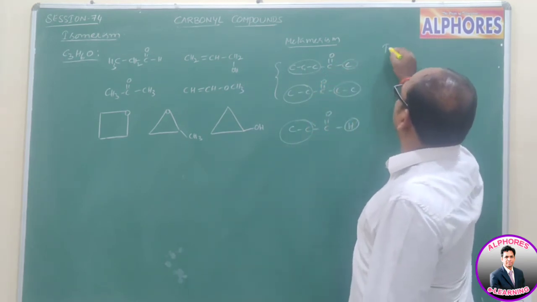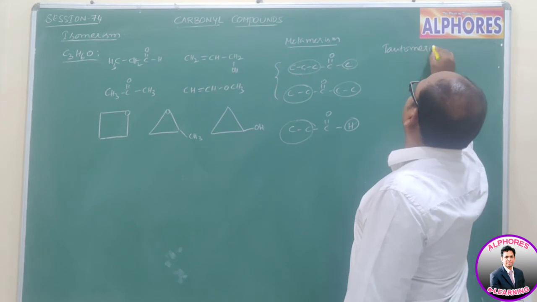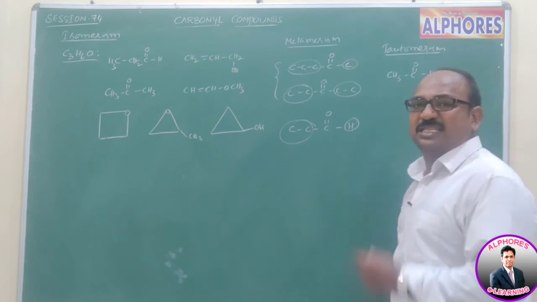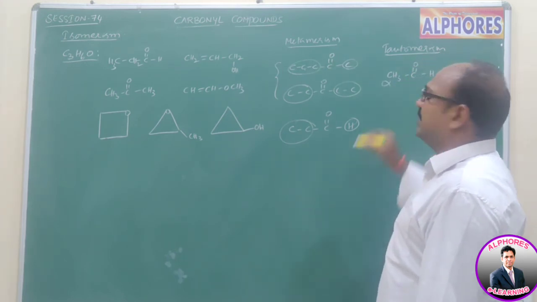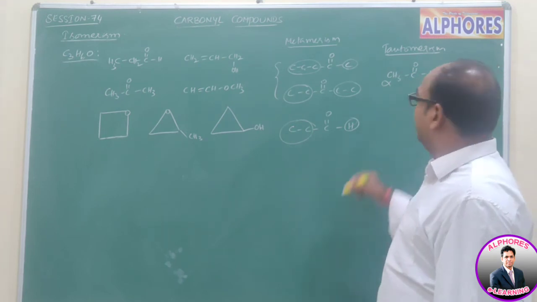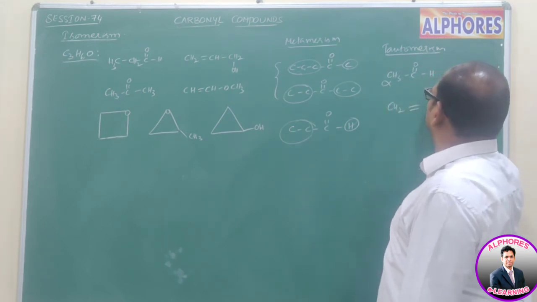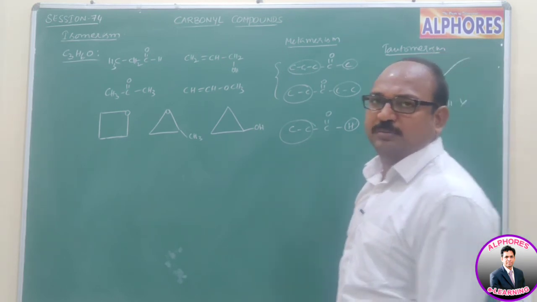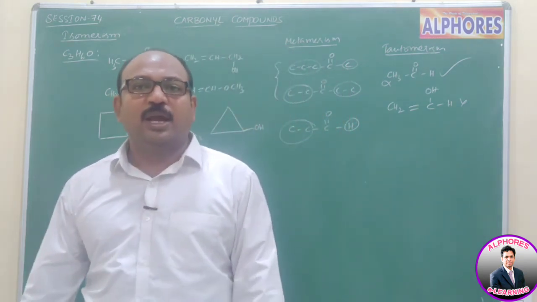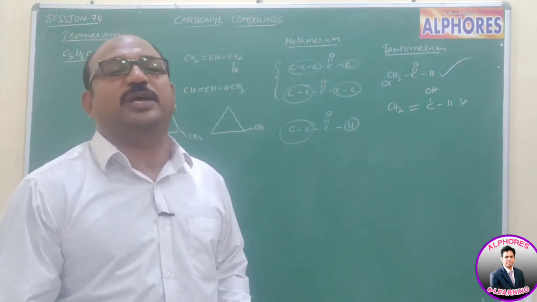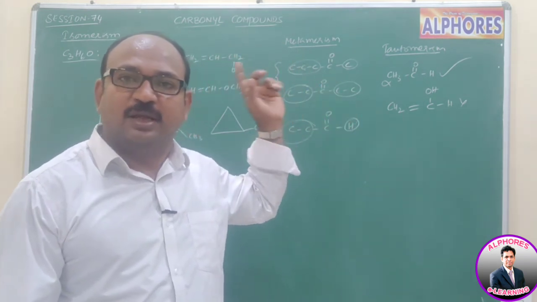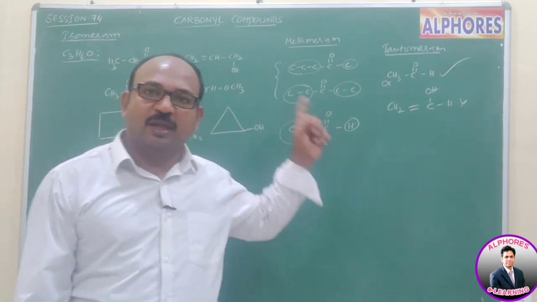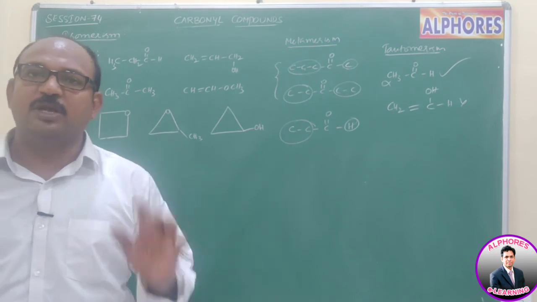Let us consider tautomerism. CH3C=OH. This is aldehyde, right? And with respect to C=O, this is alpha, and alpha carbon consists hydrogen. Hence, we can write CH2=CHOH. But out of enol and keto form, keto form is more stable than enol form. And ketones, not only aldehydes, ketones also exhibit tautomerism, but alpha carbon must and should consist at least one hydrogen. In such a case only enolization is possible, means tautomerism is possible.